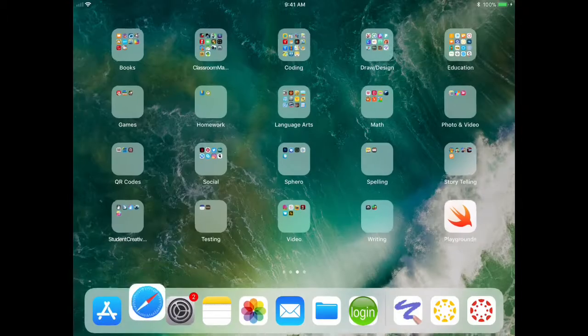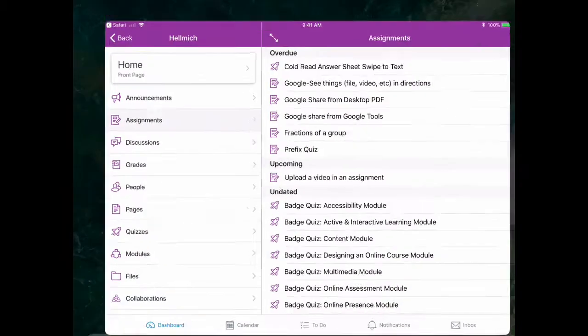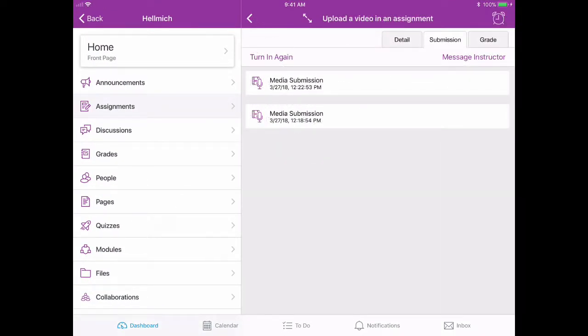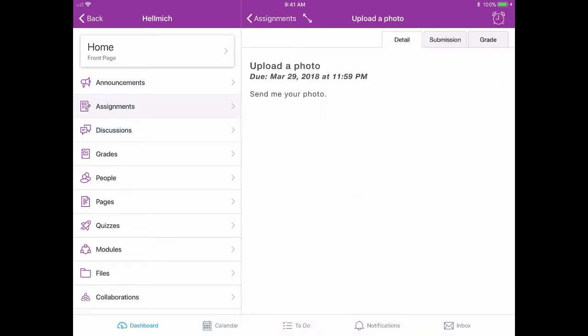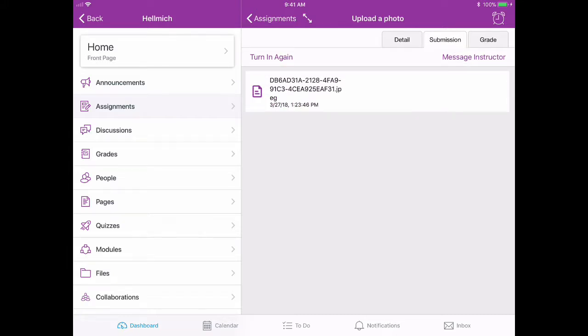To do the same thing from the app, the student would go to the app, go to Assignments, open the correct one, see the directions on the front tab, go to the Submission tab, and be able to go in